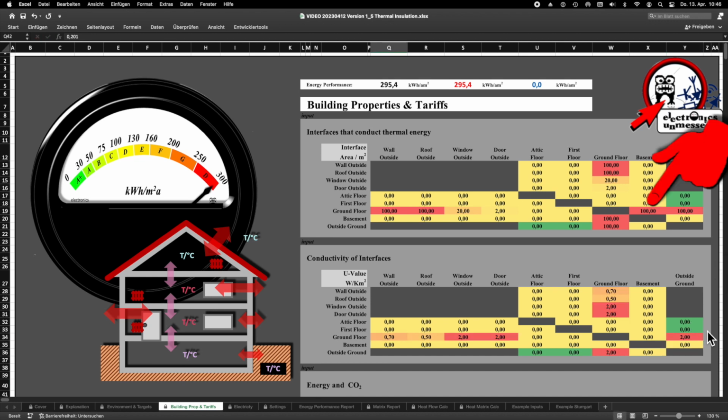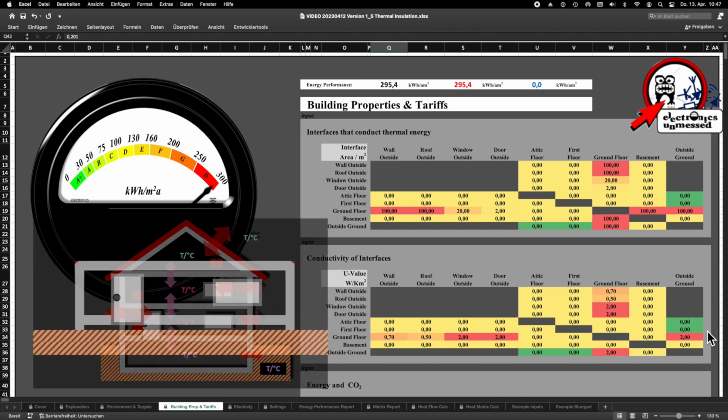The tool needs the floor area of the rooms to calculate the heat flows between the floors. We also need these areas to calculate the energy efficiency values. They are at the intersection of the row for the upper floor with the column for the lower floor, as shown here. You need to know that.